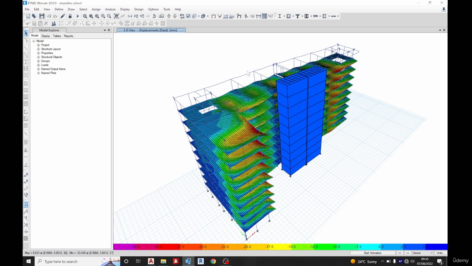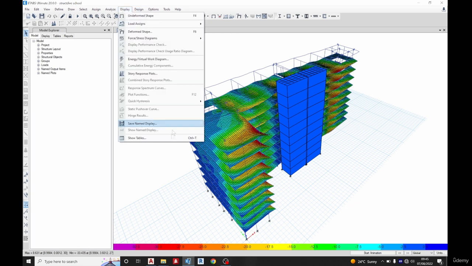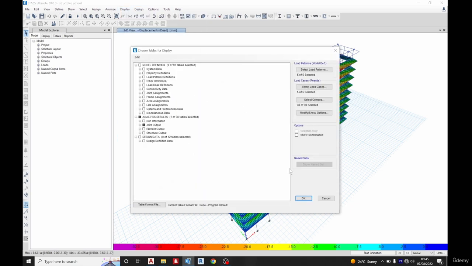In the previous one, we checked the storey displacement, and the storey displacement was just the total height from the basement to the height divided by 500 to get the maximum permissible displacement. But in storey drift, we are going to check the difference in displacement divided by the storey height. So to check that, we'll go to the same place, display, show tables, and after that, instead